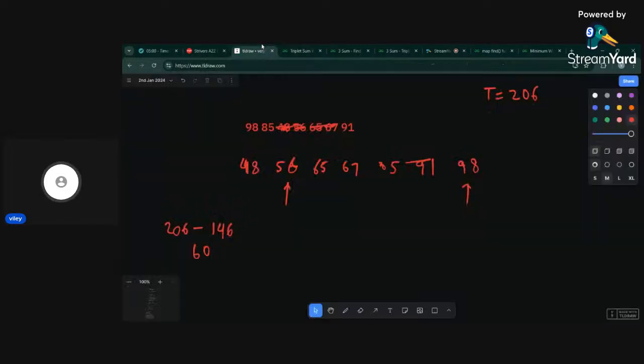But wait, why would we need that in the future? If we needed 48, it is already present, no? I mean, we're adding 98 and 48, remember, right? Are you getting my point? If I add 98 and 48, it gives me 206. If the difference of them was to be present in the map, remember, in the map we're talking about, which it is not, obviously, that's why I've added it later. So 48 has been added to the map,